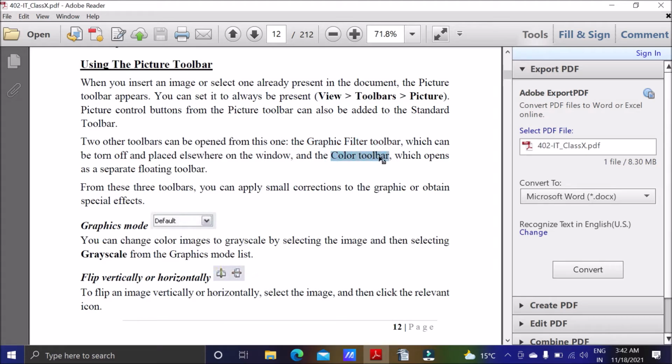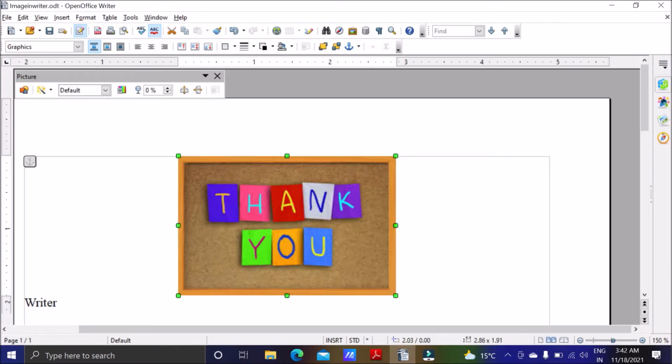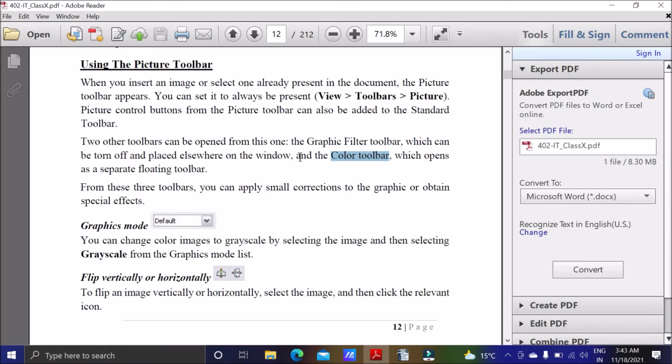So there are two toolbars which are attached with the picture toolbar that you can also open. Let's see. Here we have this one, the filter toolbar. This is opened, and this is the color toolbar which is opened. This is the color toolbar.